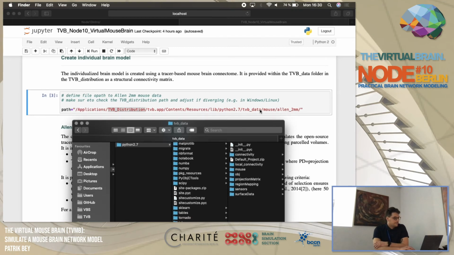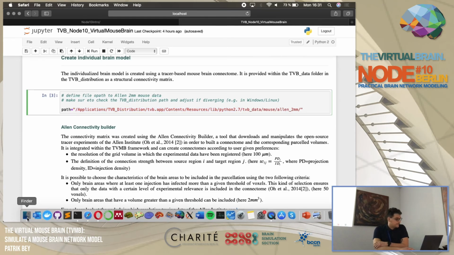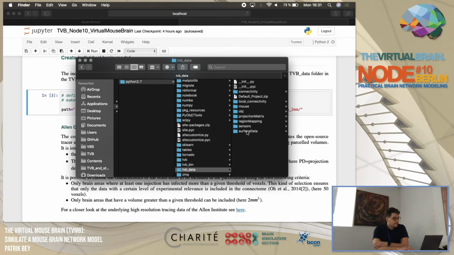So it's easier to see if we just go this way. It's in the TVB distribution folder, in the app contents, and the resources in Python. In the Mac, that's a little bit hidden, and in Windows, it's a bit more obvious to find the TVB data folder. So the easiest way is to adjust this path to the TVB data folder right here, so we can use this later on. You could also just move the data to your desktop or whatever, but it's easiest to just adjust this path so that it's pointing to the TVB data, because in this data folder, what we see with our default distribution of TVB,